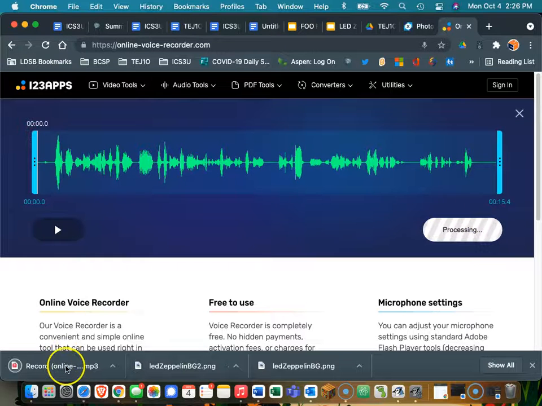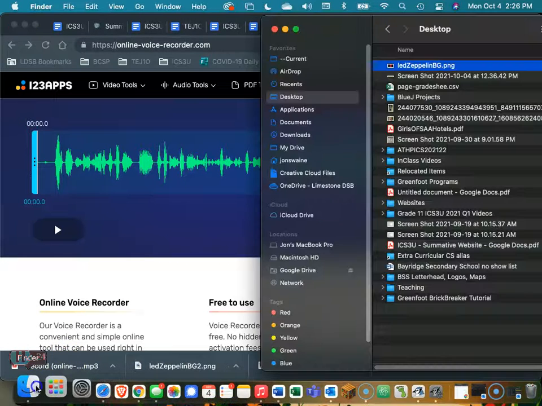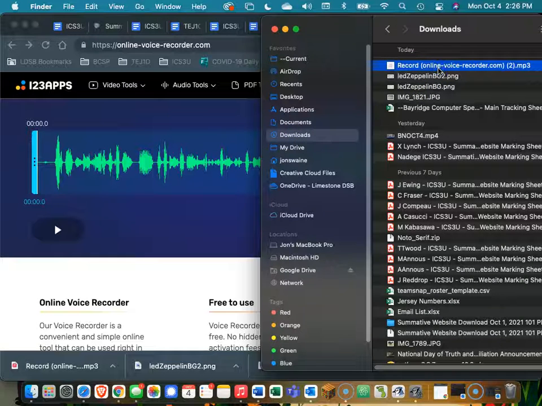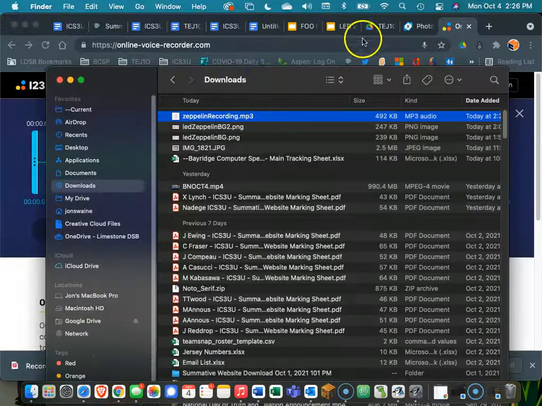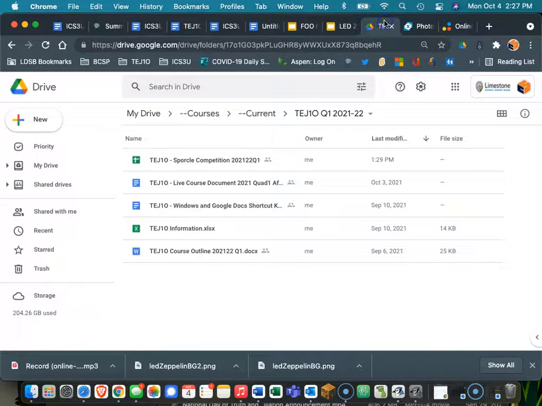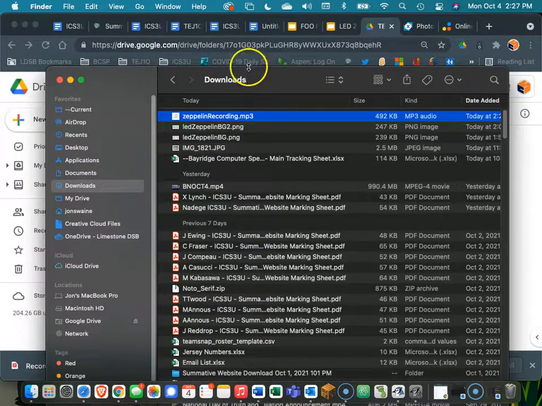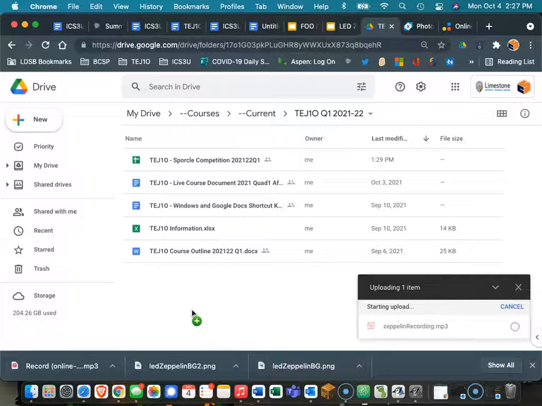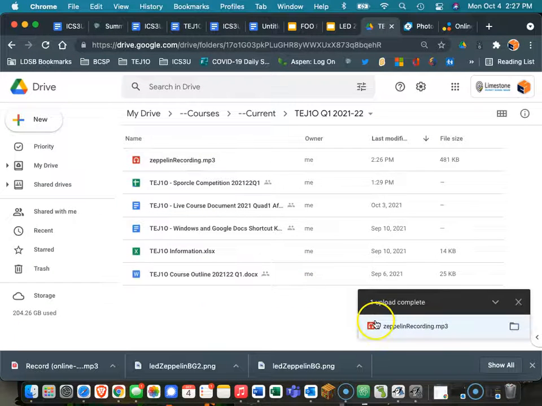Save, and boom, there it is right there. Now, I go to the downloads area, and here is where I should go, Zeppelin recording. And now all I do is I go to my Google Drive where I'm ready to go, and I just drag and drop. And there we go,